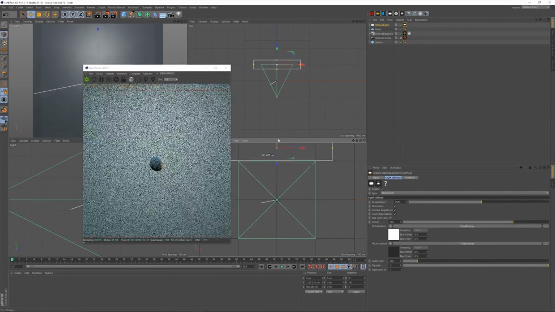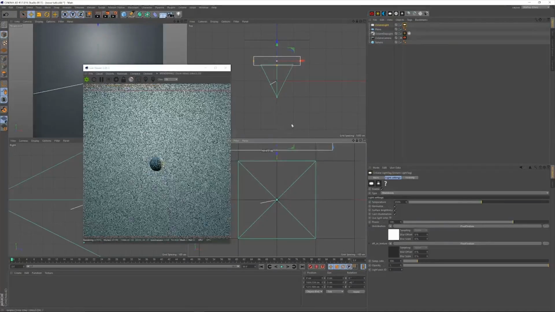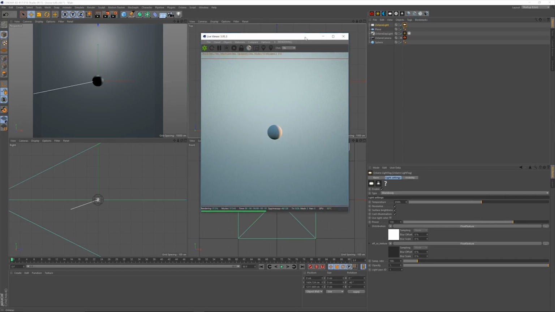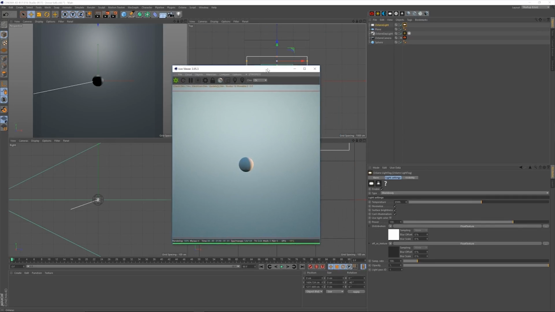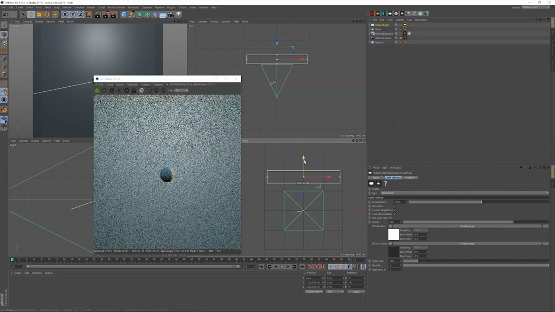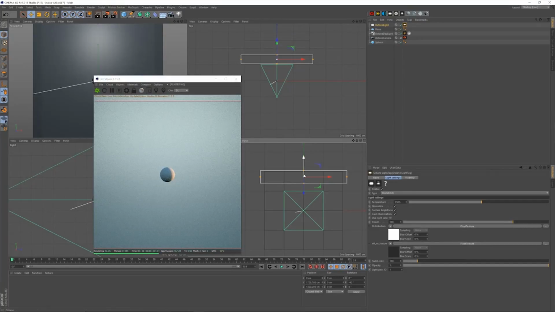I'm going to go a bit higher with that, so we've got just a bit of a gradient fall off now from light to dark, so I don't mind that. A bit lighter. Okay,